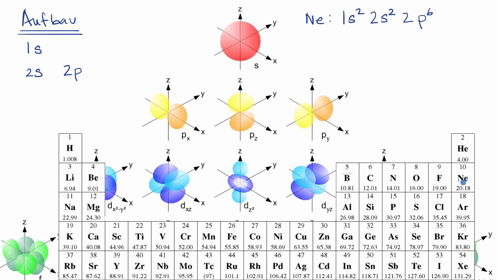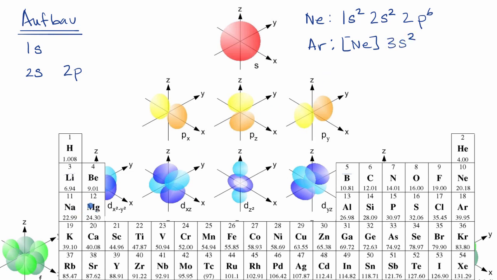Now, what's going to happen if we were to go to, say, argon? So if you're going to go to argon, what will that electron configuration look like? Pause the video and think about that. Well, we can use the noble gas configuration or the noble gas notation. We could say, all right, we're going to be building off of neon. So we're going to have the electron configuration of neon, but then we're going to add electrons into our third shell. So from neon, we would then add 2 electrons into the 3s subshell,